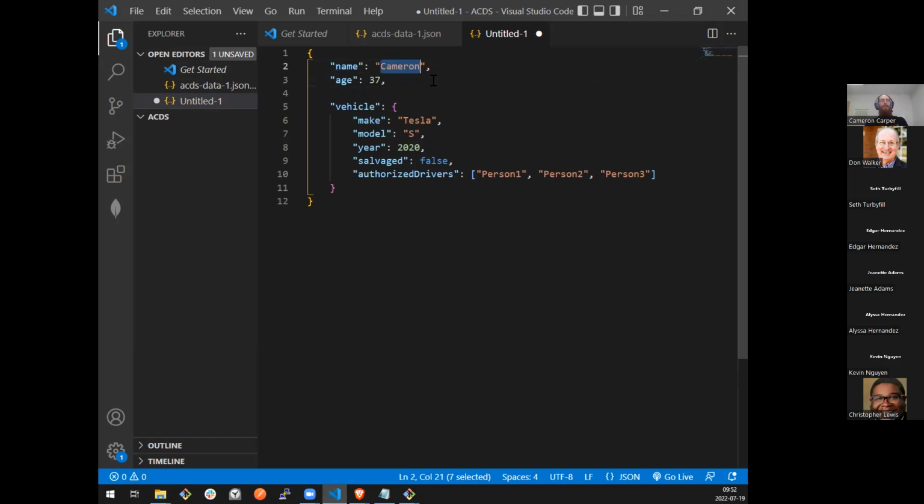Since this value of Cameron is wrapped in quotes, it is a string. Whatever parses this JSON is going to look at that and say, clearly this is a string because it's wrapped in quotes.